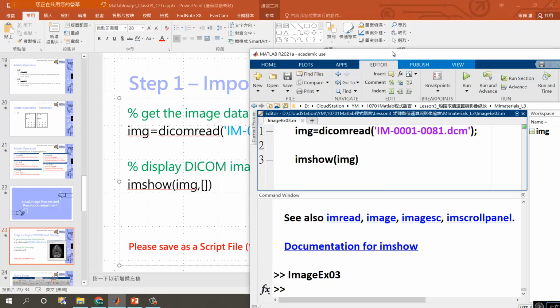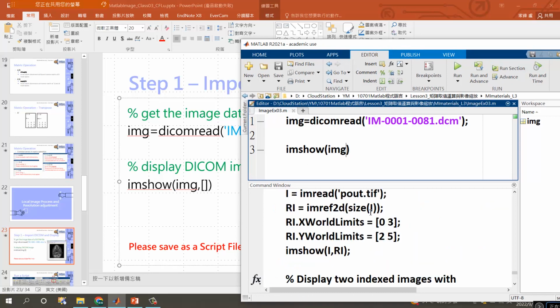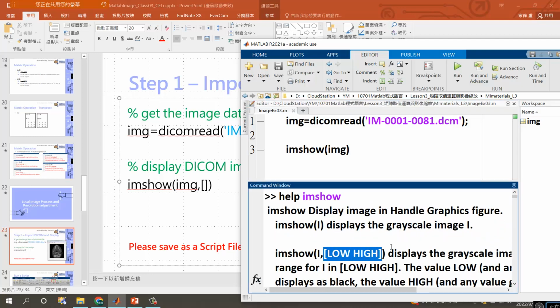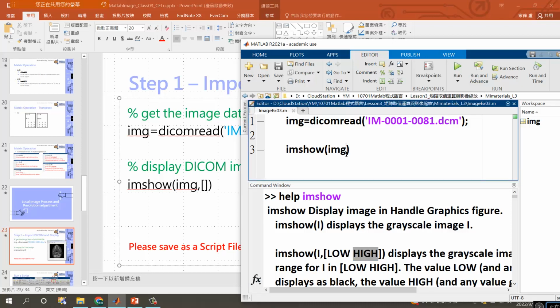So why did we put these empty brackets right here? When you read through the help document, you can see the second input. This is an input that lets you control the lowest value or highest value that you are going to display. This is the display range. For example, if all the values within this image matrix are between 100 and 1,000, you can simply put 100 and 1,000 right here. Then you can expand the contrast to a very good result. However, if you really don't have an idea about this, you can simply use the empty bracket,